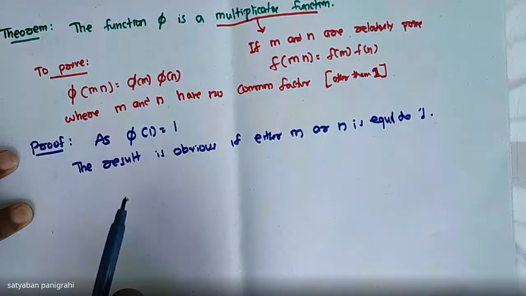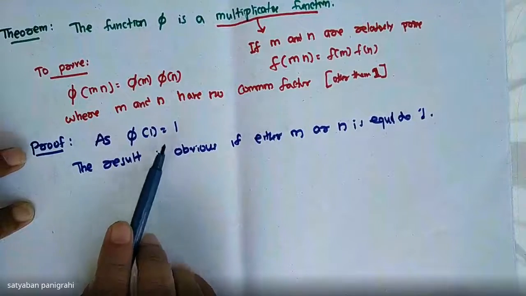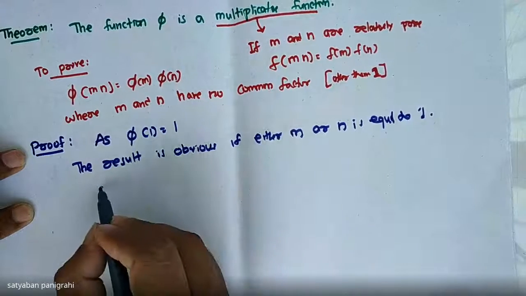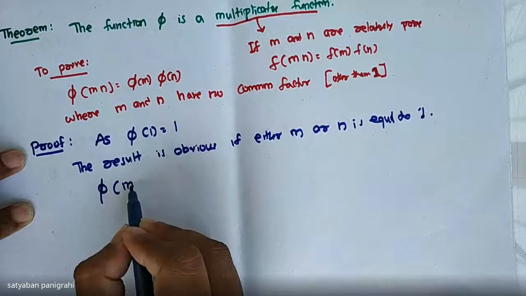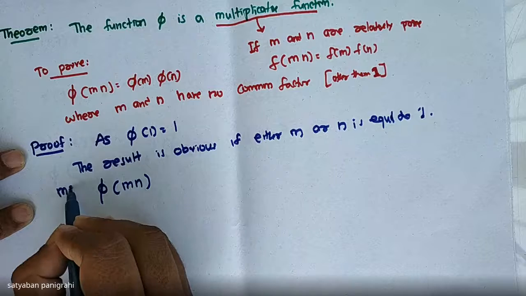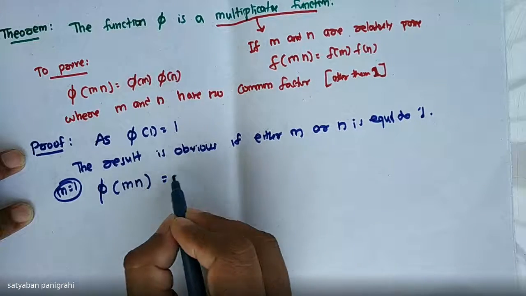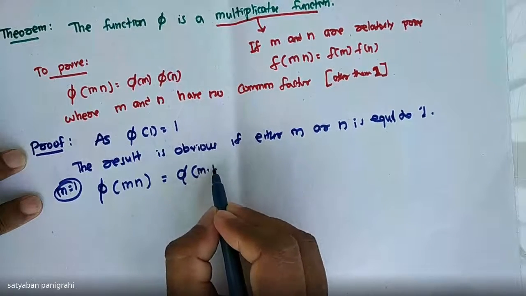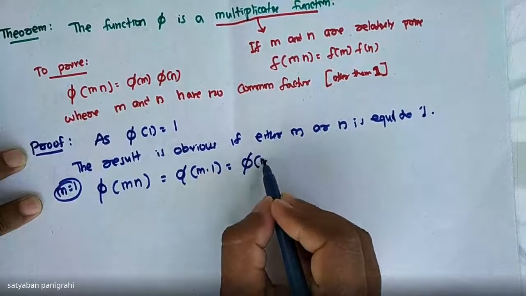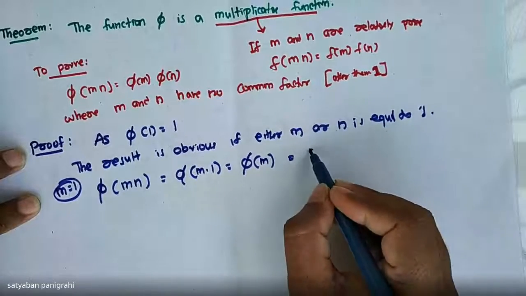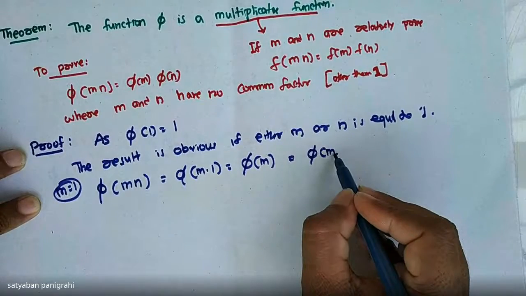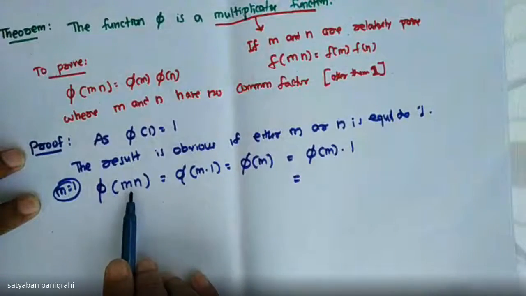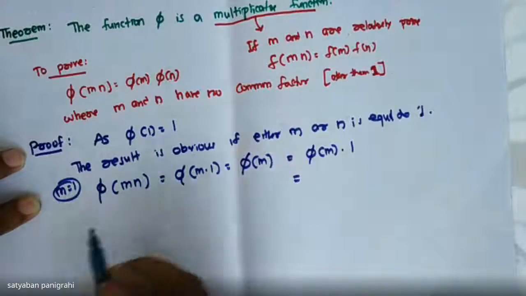As we all know that phi of 1 equals 1, if m or n, anyone is 1, then what can you say about phi of mn? Suppose I am taking m equal to 1, then this gives phi of m into 1, that is phi of m. But that can be written as phi m into 1, or phi mn equal to phi m into,